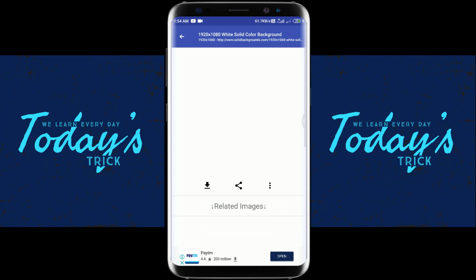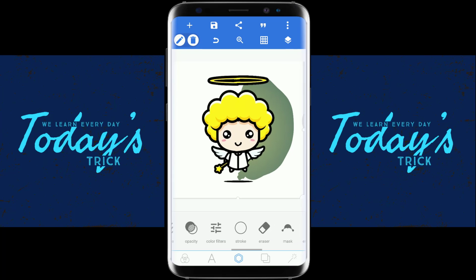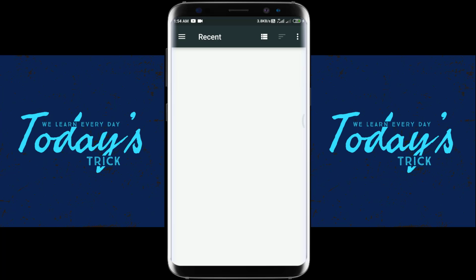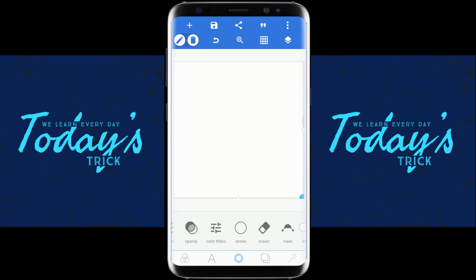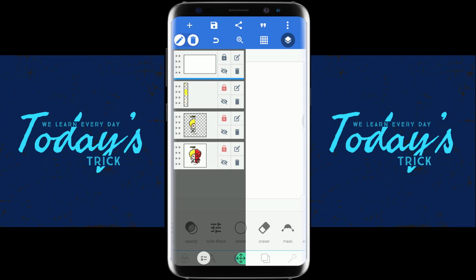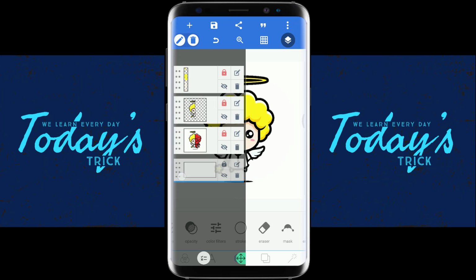Please wait a second to download. Okay, download completed. Done. Add image from gallery. White color image selected. I select as per this one by one, and you can see layer to down. Hold it and drag it to the bottom.